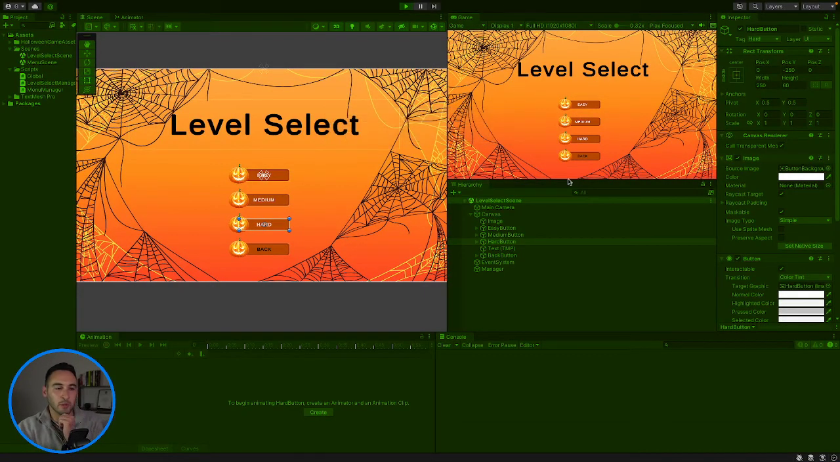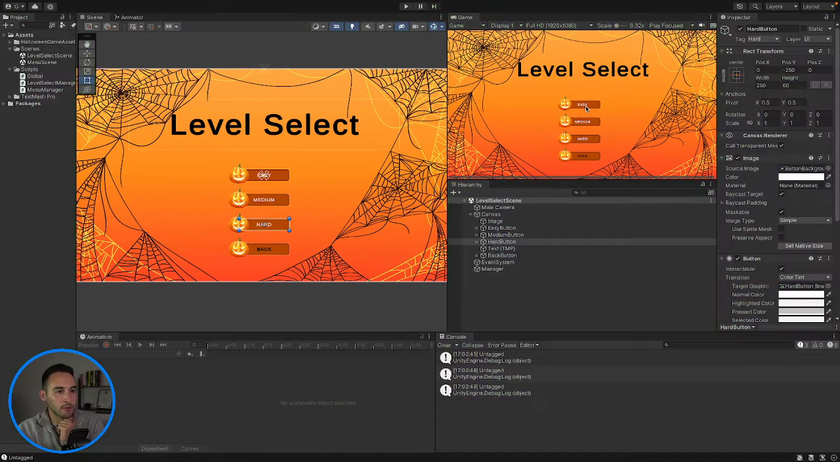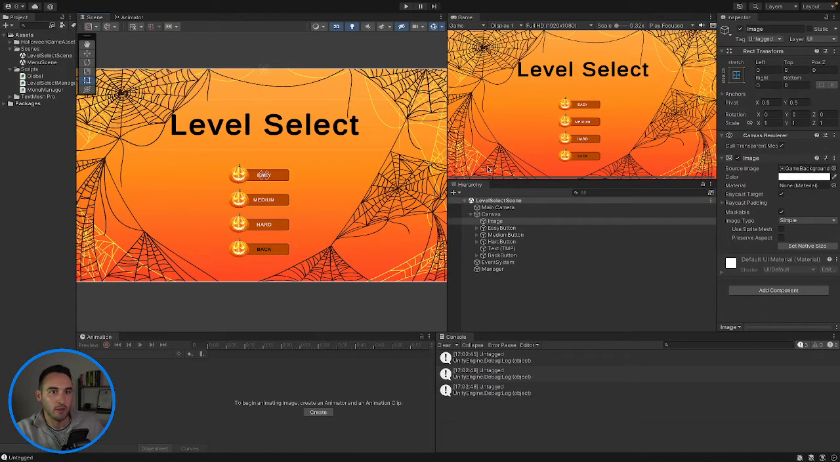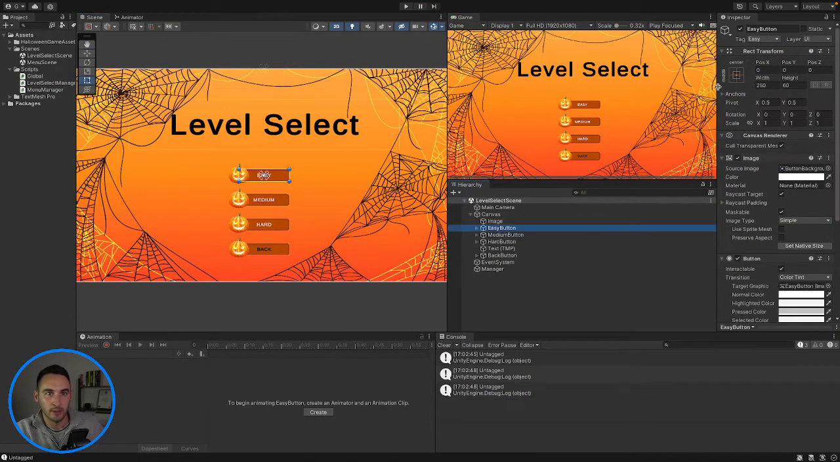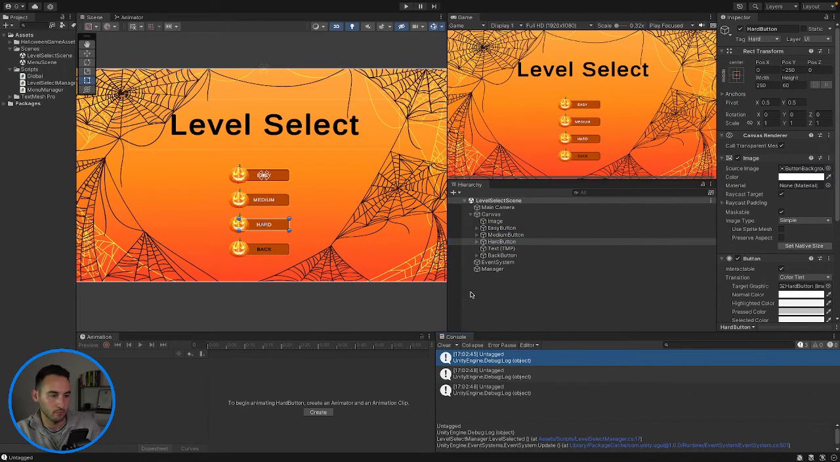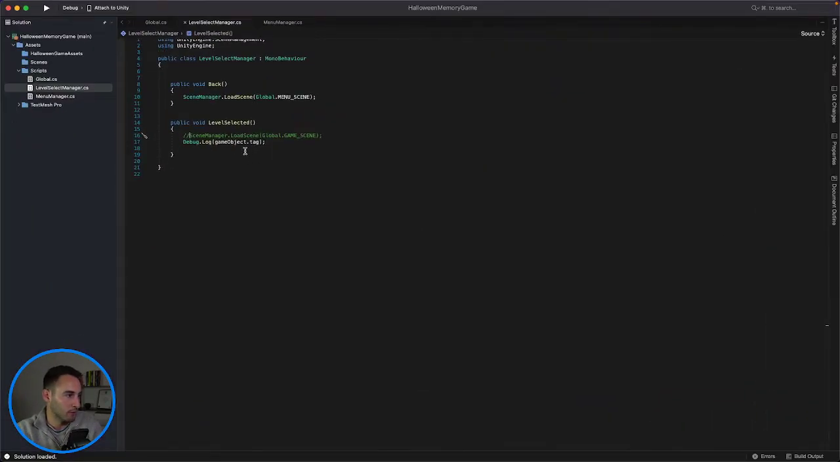So let's play the game, and now we shouldn't get any errors, but we do get untagged. Okay, so let's see. Our easy button has an easy on it, medium, and hard. Okay, that's a bit strange. Object dot game object dot. Let's try this. Get component button